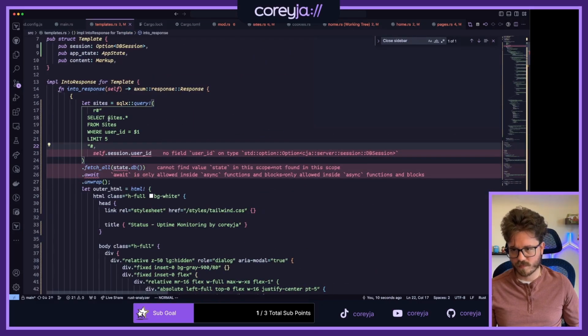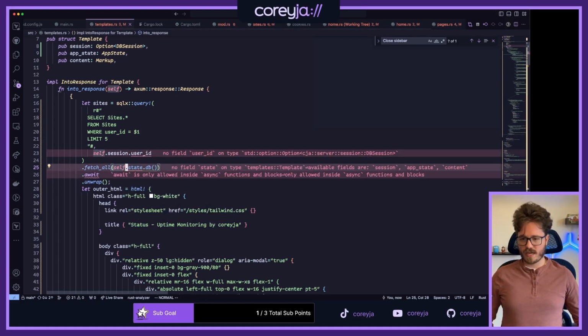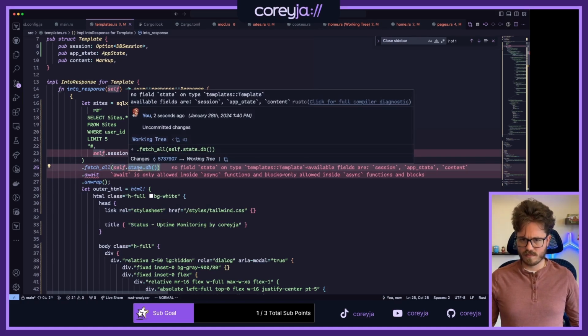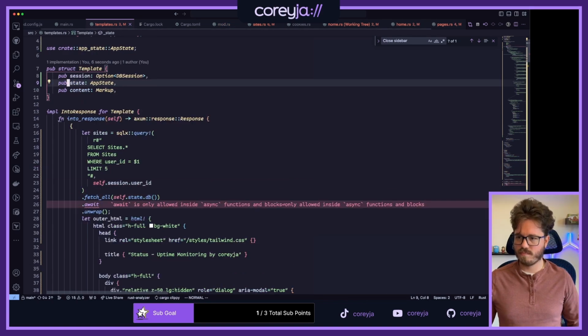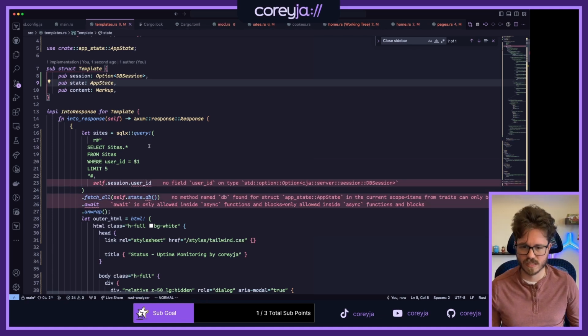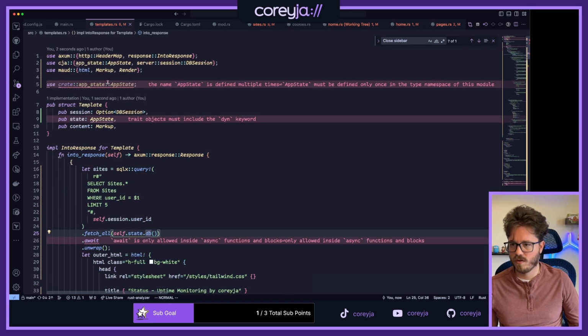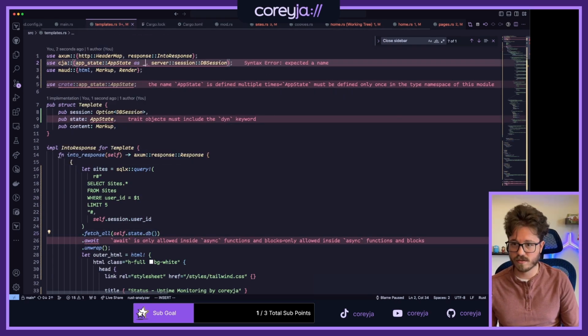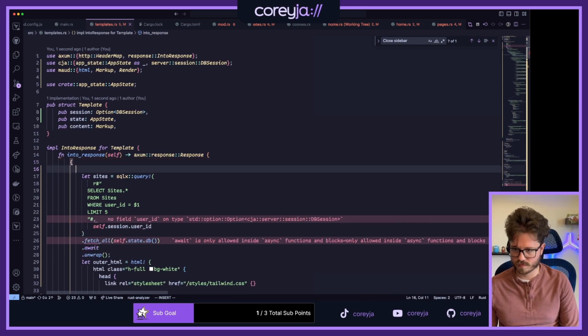Okay, cool. So we're a little closer. Self.state.database, that app state. I might just call that state. App state as underscore, because I have two things named app state and they conflict. It's annoying. Yes. Okay, so